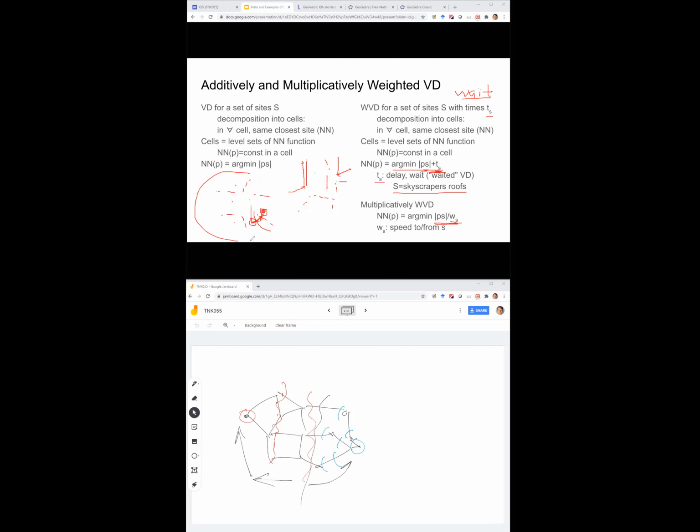Yes, I'm again looking at this example of fire stations. Maybe the different fire brigades travel with different speeds, or different drones travel with different speeds. And well, if this one travels fast, but this one travels slowly, then again, you want to give this guy a larger area, because it can reach any point on the bisector as fast as this guy can. So these distances are the same, where distance means distance divided by the corresponding speed. So this is the multiplicatively weighted Voronoi diagram.